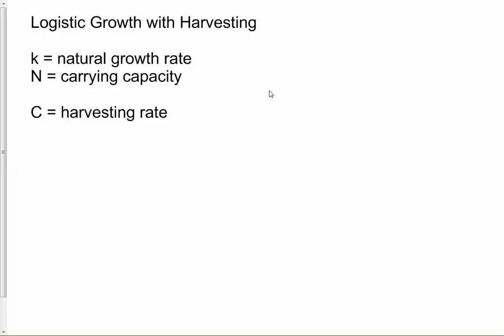In this video, we're going to apply what we've learned about parameterized families of differential equations and bifurcations to the model we learned earlier, logistic growth with harvesting. So let me remind you how that model worked. Logistic growth meant that we had a population,